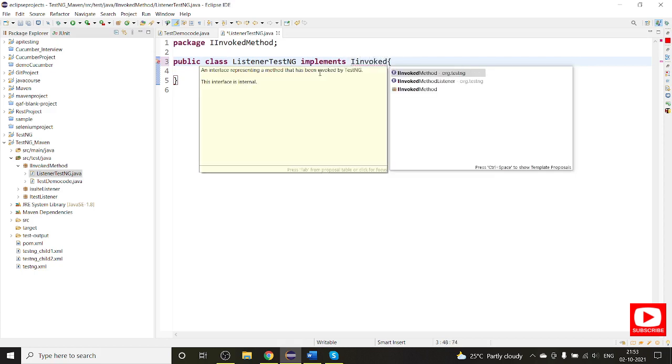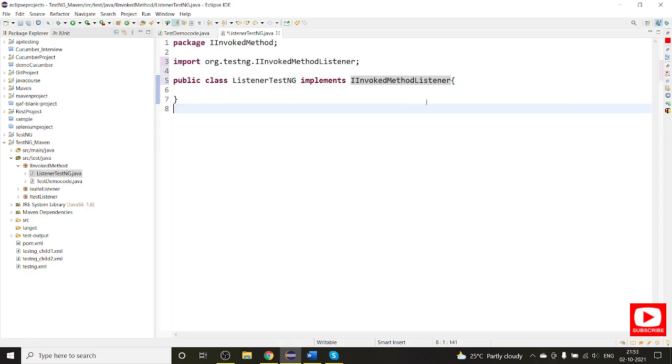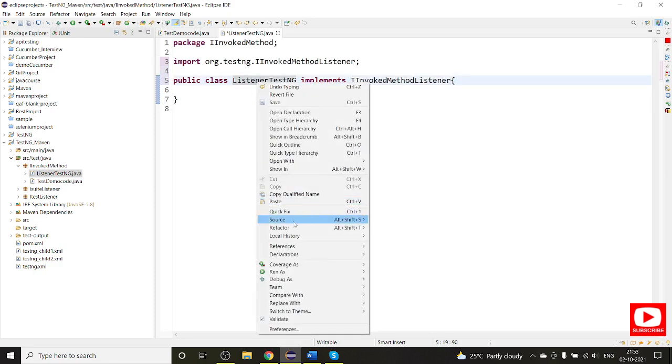We have org.testng, and one more so-called org.testng.IInvokedMethodListener. We need to select the listener, not the method.